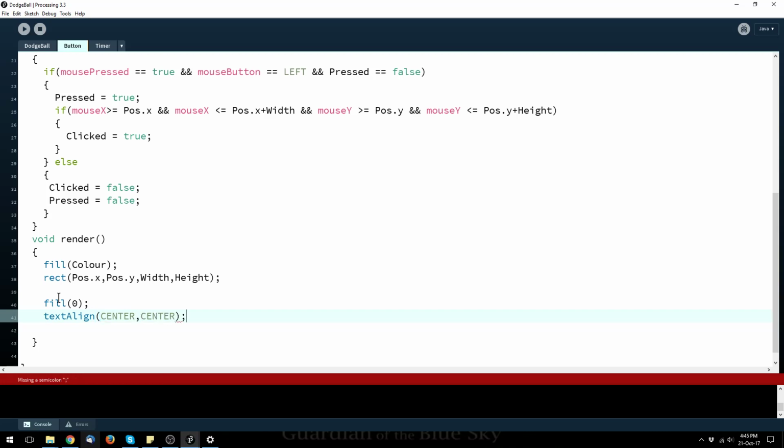There we go. What that does is it makes everything aligned in the center of where our position is for our text. And now we actually have to write the text. So we go text, and we get our variable text, which is our capital T text. And now this is where we need our position. We don't want the text to display right at the top left-hand corner of our button. We want it to display in the middle. So we need our position